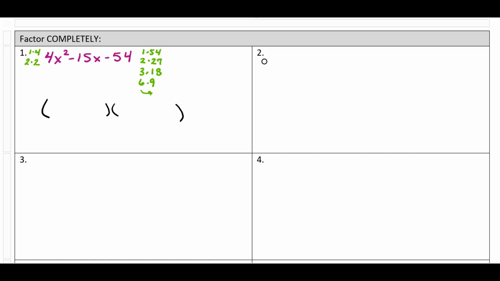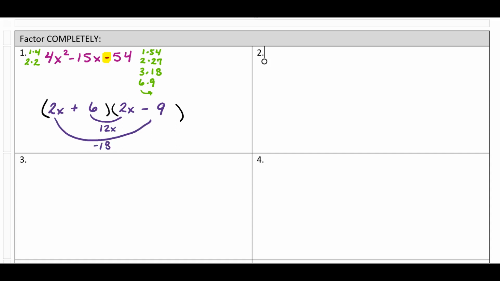So I'm going to plug in 2x times 2x. Now, the next thing I'm going to look at is my signs. So my signs here, because the second sign is negative, that means my signs are opposites. So I don't really know what my signs are at the moment. So again, I'm just going to plug them in, and I might have to erase them and change them. And now we need to pick a factor pair to start with for 54. Again, I typically start with the smallest. So I'm going to start with 6 and 9, and that's going to give me 12x